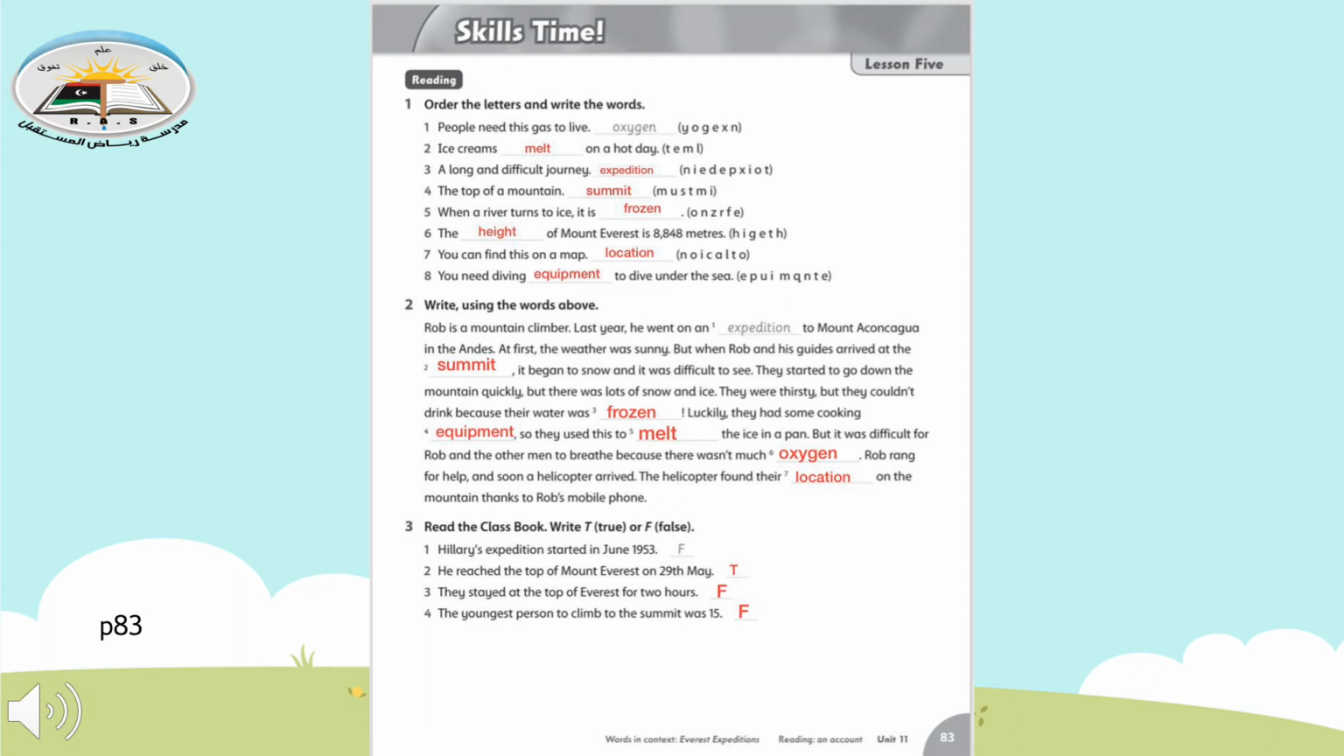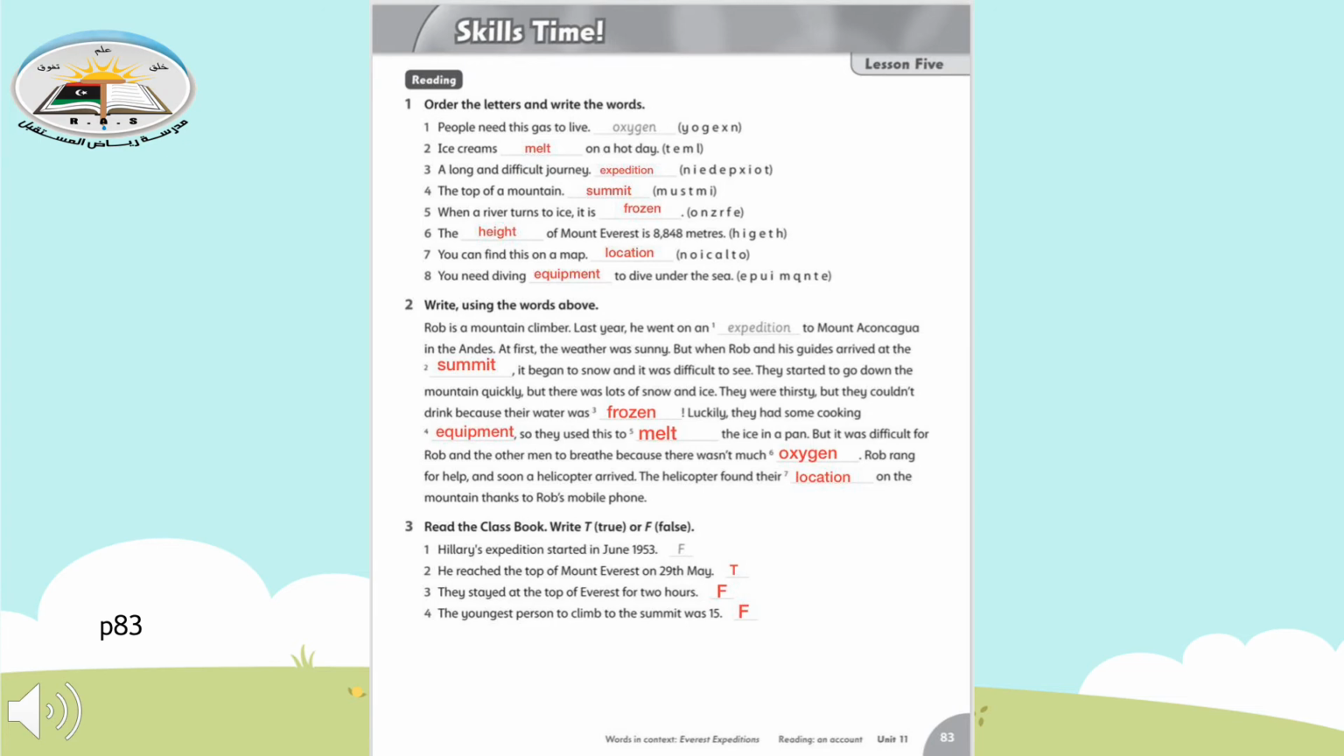Number 2. Write using the words above. Rob is a mountain climber. Last year, he went on an expedition to Mount Aconcagua in the Andes. At first, the weather was sunny, but when Rob and his guides arrived at the summit, it began to snow, and it was difficult to see. They started to go down the mountain quickly, but there were lots of snow and ice. They were thirsty, but they couldn't drink because their water was